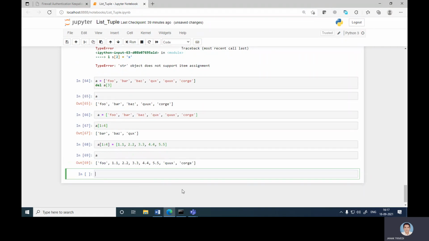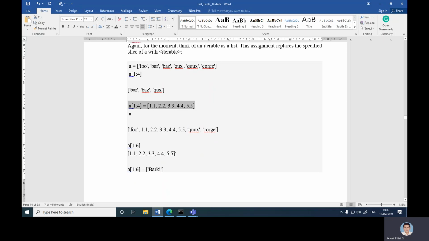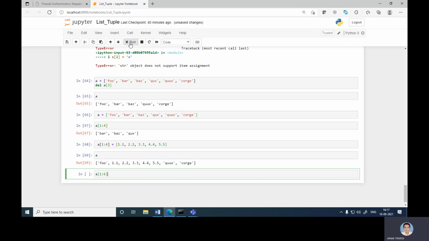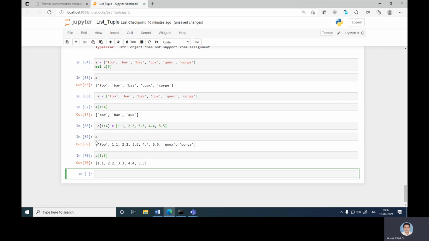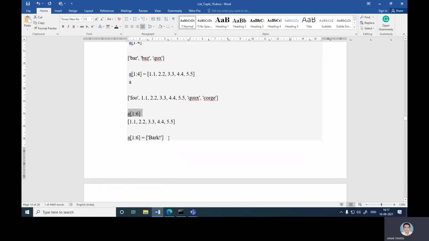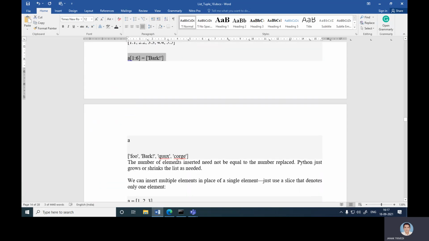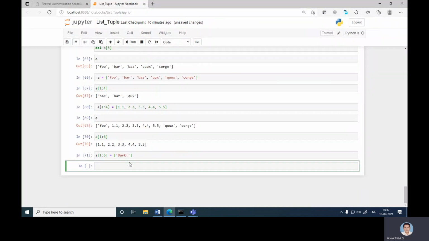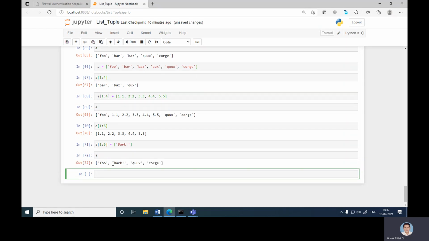Okay, so see the change. Multiple values are changing in this particular list. Similarly, a[1:6] is now changed. Now give this a[1:6] from this particular upgraded list. You can also change it with the word bark, like a[1:6] as a single value 'bark', and if you now print a, a[1:6] now changes to bark. Okay, so index 0 is 4, then 1 to 6 is bark, and then the next words.